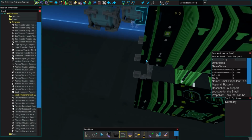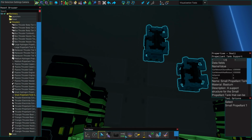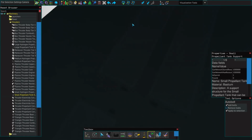And like so. And then what we'll do is get our select tool, select all of that, hit the auto bolter. Oops, that's not the auto bolter, this is the auto bolter. And now it's all bolted up. All right, and then we're gonna put the propellant tanks